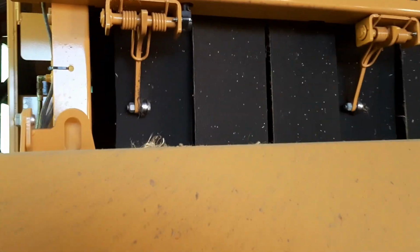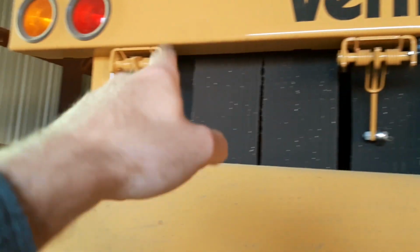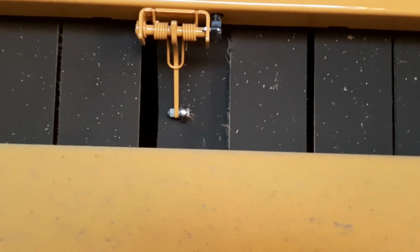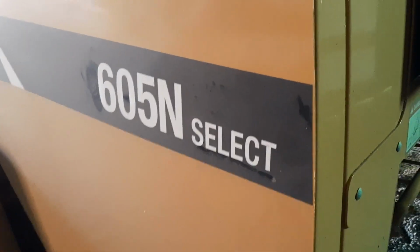This one has 3 density sensors on here: left, right, center. Sometimes not all the balers come with a center one, but it's just an option. This side is a little bit different because of the select option. This is the biggest difference on these balers that have the select option,